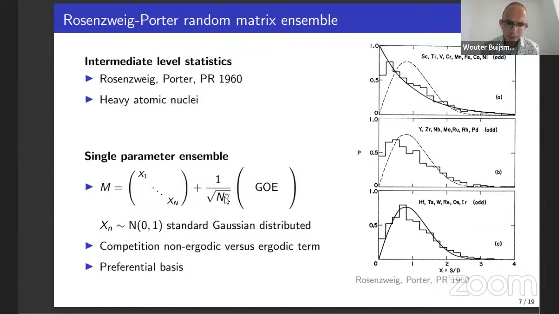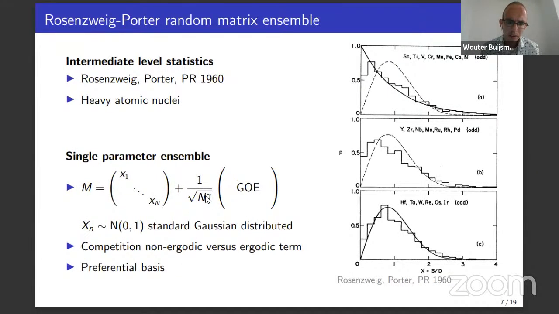It is a term which involves n, the dimension of the matrices. This is just to make sure that the level statistics and the eigenvector statistics of the ensemble do not change when we change the dimension of the matrices. And an important thing to note here is that this ensemble has a preferred basis, which means